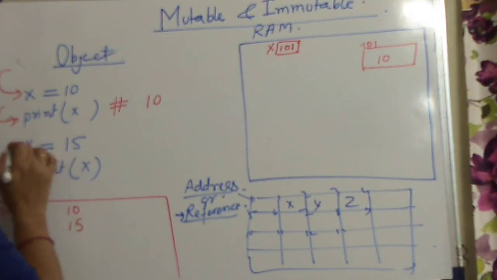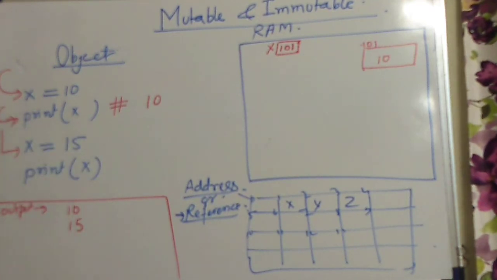Now come to another line. This is over. So x equals 15, right? Now what will happen? When you write print type x, what do you get as the type of this variable? You will get integer, which you have already checked. So x is holding an integer value. In Python, integer values cannot be changed, right? Integer values cannot be changed.